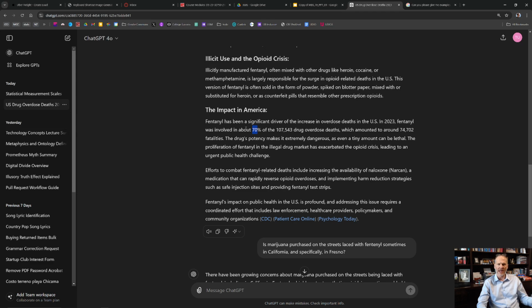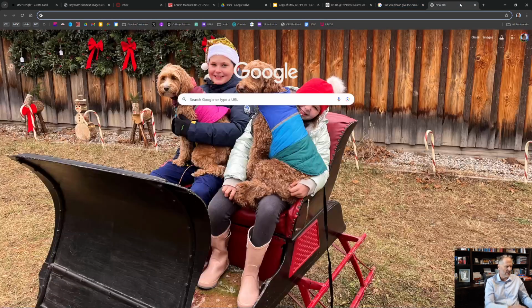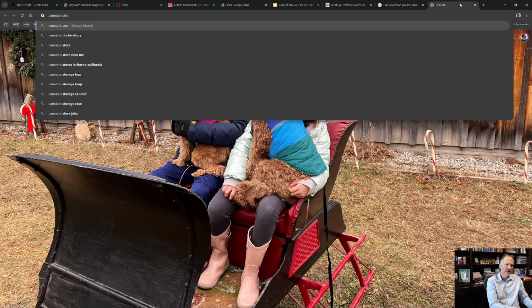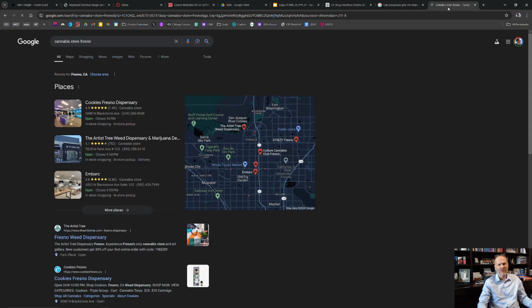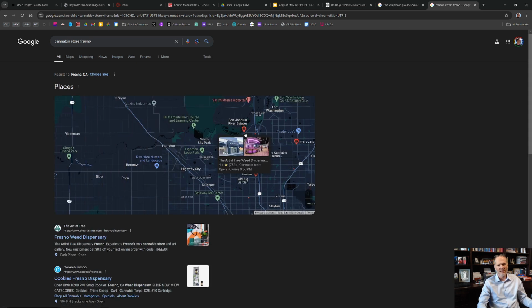Or if it's going to be a cannabis product, right? There are cannabis stores in Fresno. Here's one out at Palmanese that I saw one time when I was walking by. Went to a hummus restaurant out there. You could go to these places where you could buy cannabis products which are manufactured by companies and are going to have quality control applied to them. And so the probability that they will be laced with fentanyl is very low to zero, right? Knowing those statistics is really helpful. It could keep you alive.